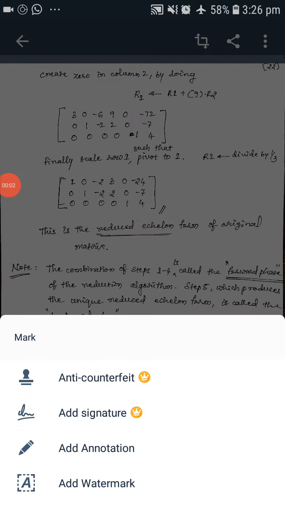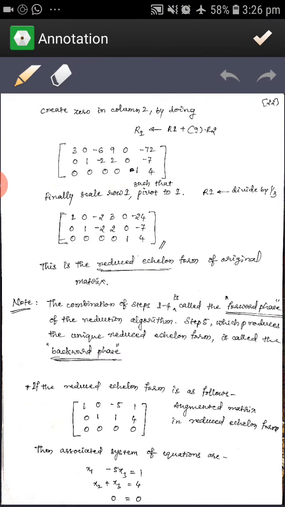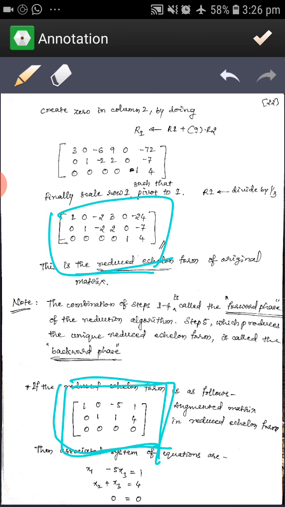Okay, so after seeing the row reduced echelon form, now we'll go on to linear combinations, null space, and the column space. So after applying the row reduced echelon form to the matrix or linear system, suppose we get a matrix like this. If this is A and this is B, then we have the values directly for x1 and x2 variables.